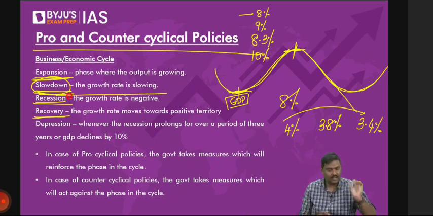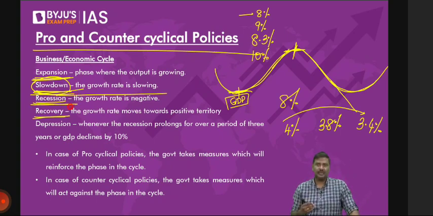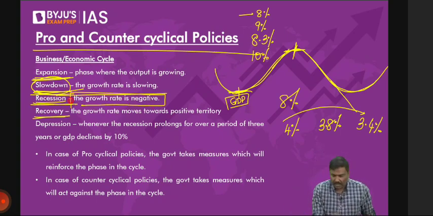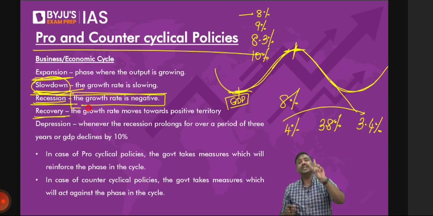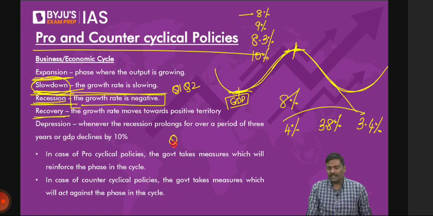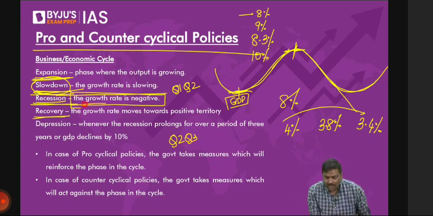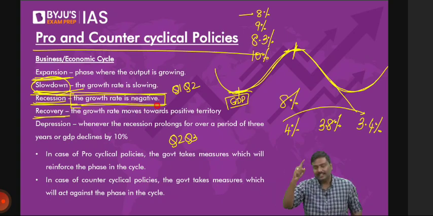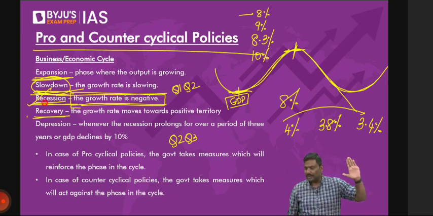Third one is called a recession. What is recession? Remember this. Whenever in 2 consecutive quarters, what does consecutive mean? Quarter 1, quarter 2. Are they consecutive or not? Quarter 2, quarter 3, consecutive. Yes, one after the other. Simple. Consecutive means one after the other. Whenever in 2 consecutive quarters, you have a negative growth rate, that is called a recession. Any difficulty, please do let me know.